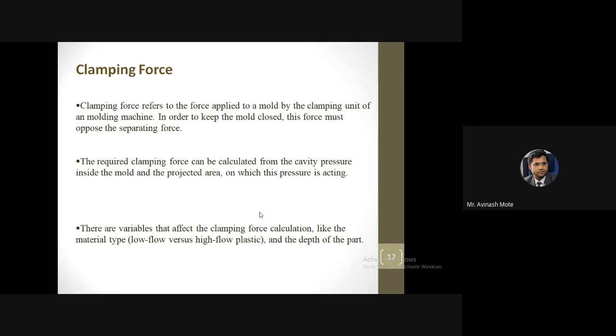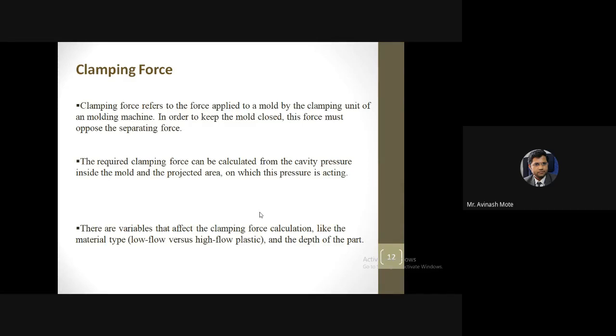If the temperature range is less, that temperature part we have discussed in detail in mold heating. If the temperature range is less, there is less flowability, and less flowability means we apply more pressure. If the temperature range is optimum, not high, the material will flow easily, so we can get good flowability. In that case, we need not apply high pressure from the top